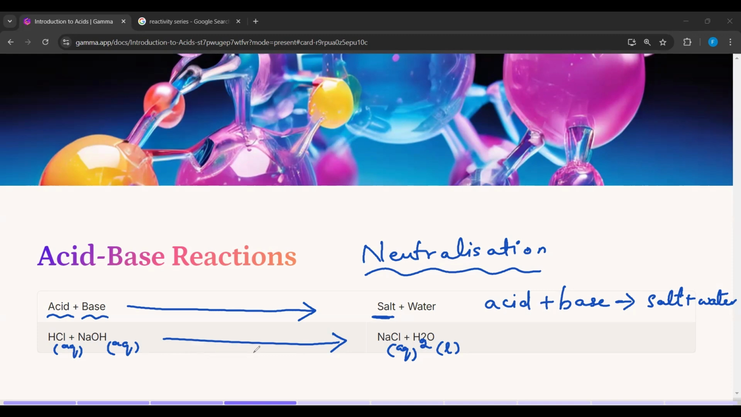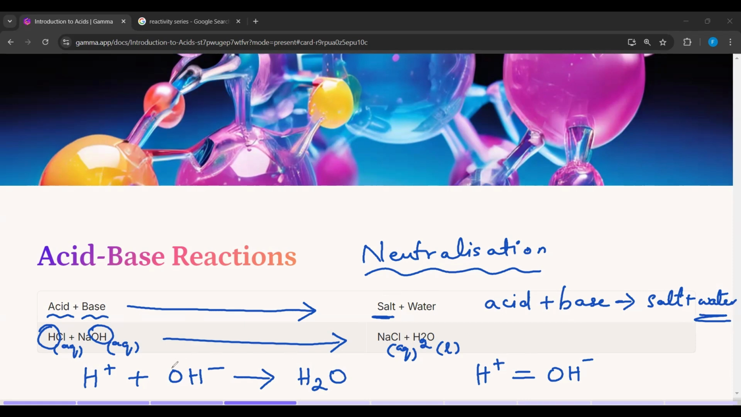Now, in this reaction, we can see that the hydrogen ions from the acid are matched by the hydroxide ions. So here you see the hydroxide ions. They are matched by the hydroxide ions from the alkali, and they produce water. Remember, a neutralization reaction is where the hydrogen ions are equal to the hydroxide ions. So that's the reason you get water here